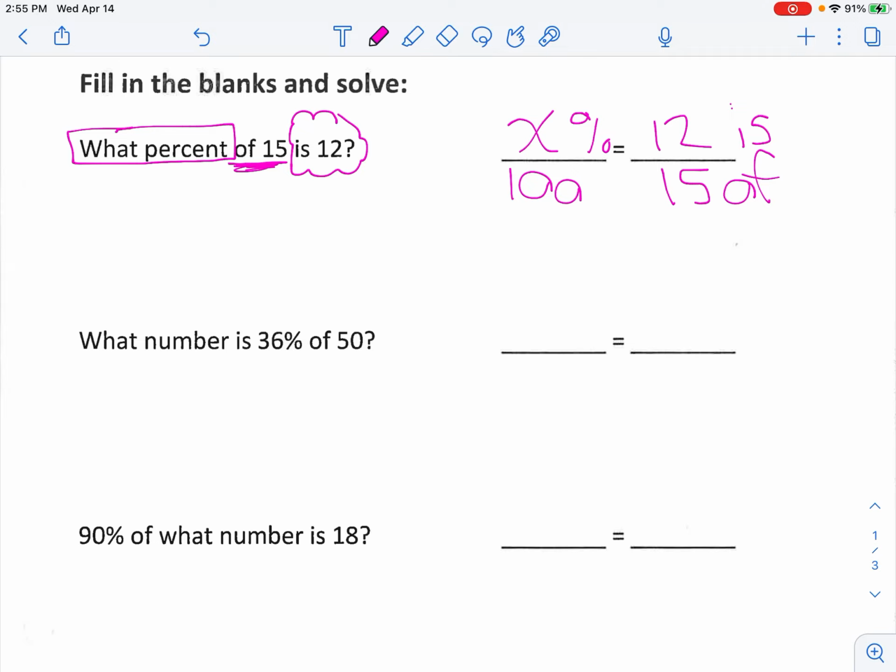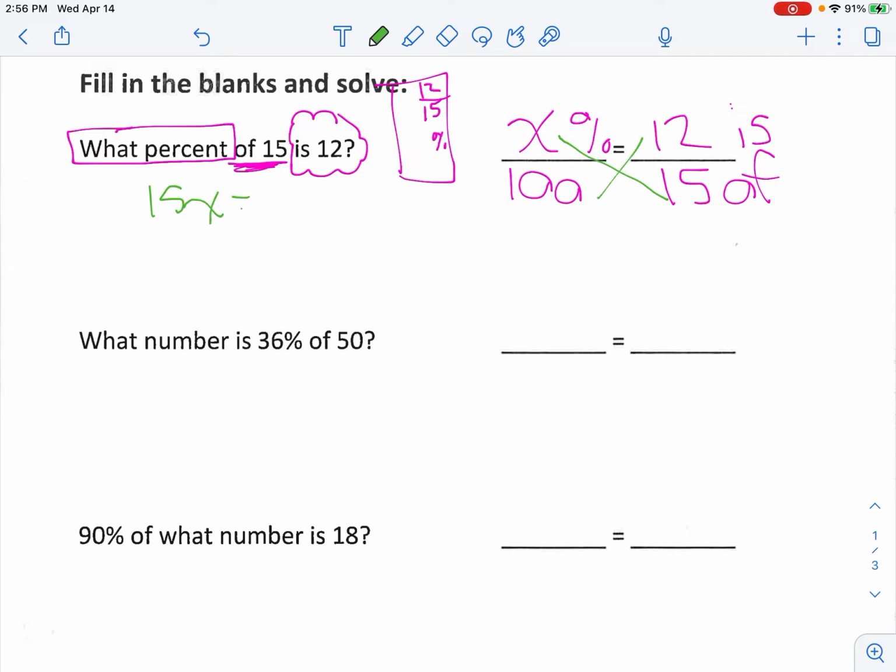Okay, so I'm going to make this a little relatable. If you scored a 12 out of 15 points on a math quiz, the question is what percent is that? 12 out of 15 is equal to what percent out of 100? After you have your proportion set up, you're going to multiply cross products. You always multiply by the x first. So we're going to do 15 times x